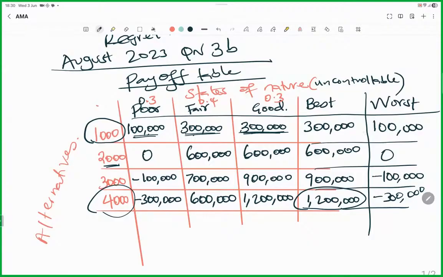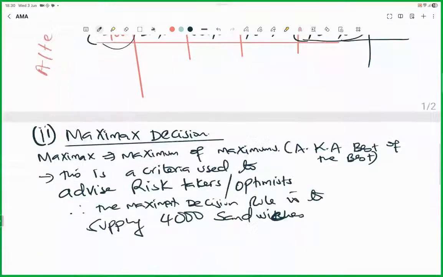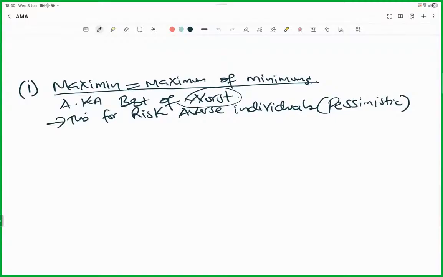So if you look at all these, the best of the worst is 100,000, isn't it? So this is the B of W, best of worst. So meaning that you're advising this one to go for how many sandwiches? 1,000. We are advising this individual to go for 1,000 sandwiches. So in this case here, the maximini